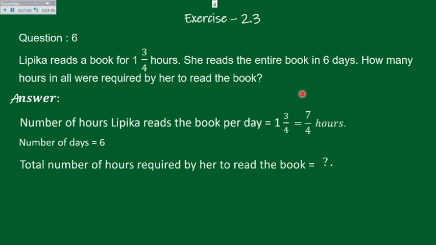So hope you will calculate your answer. And after solving this, write your answer in the comment box. I am not solving it because you already know how to do multiplication. So this is a step I am repeating once again: multiply numerator with numerator and denominator with denominator.